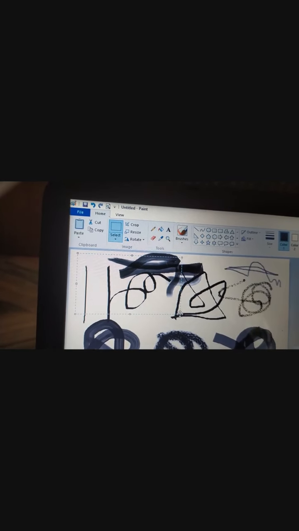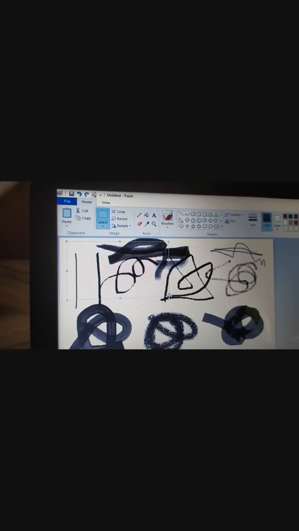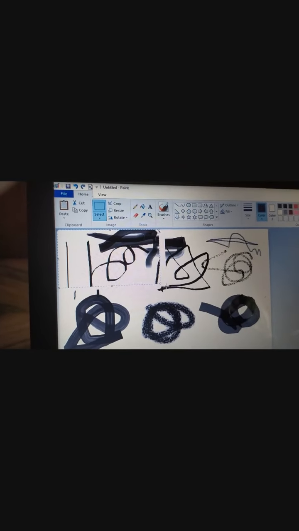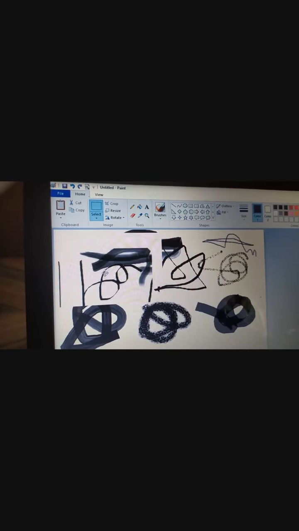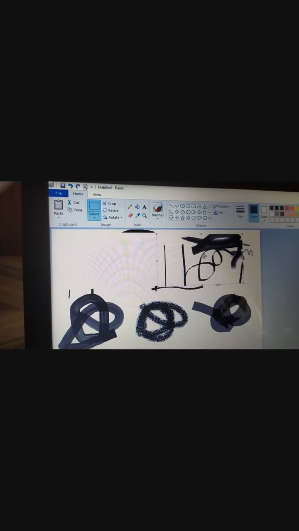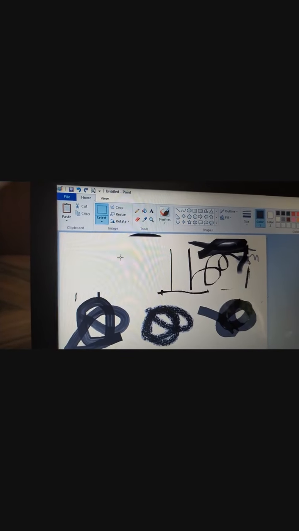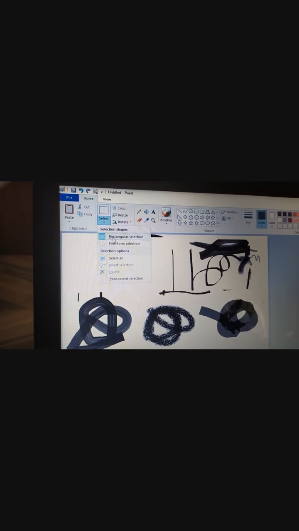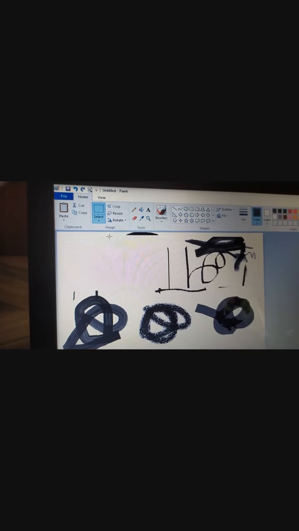Like if you want to cut it and paste it, you can do this. You can move it from one place to another and paste it. All these things you can do. This is the rectangular selection. Once again showing you the rectangular selection.